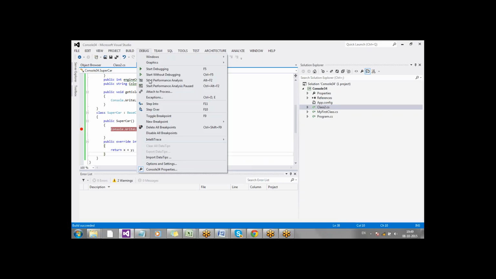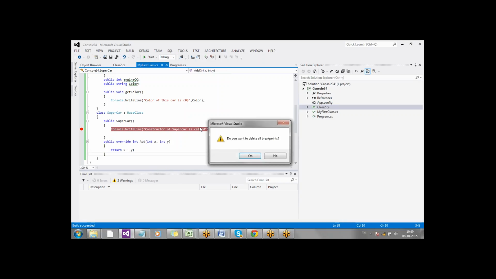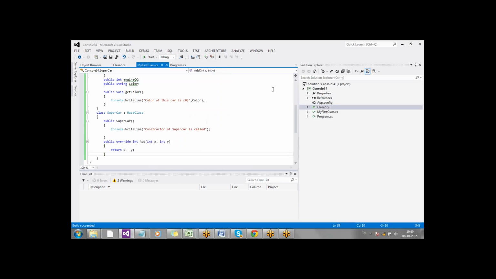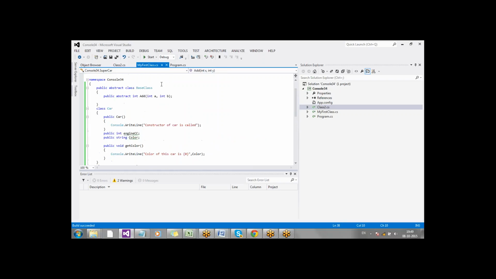Good. Now let me delete all the breakpoints. Now what I am doing, I am removing the abstract keyword, so now the base class is not an abstract class, it's a normal class.